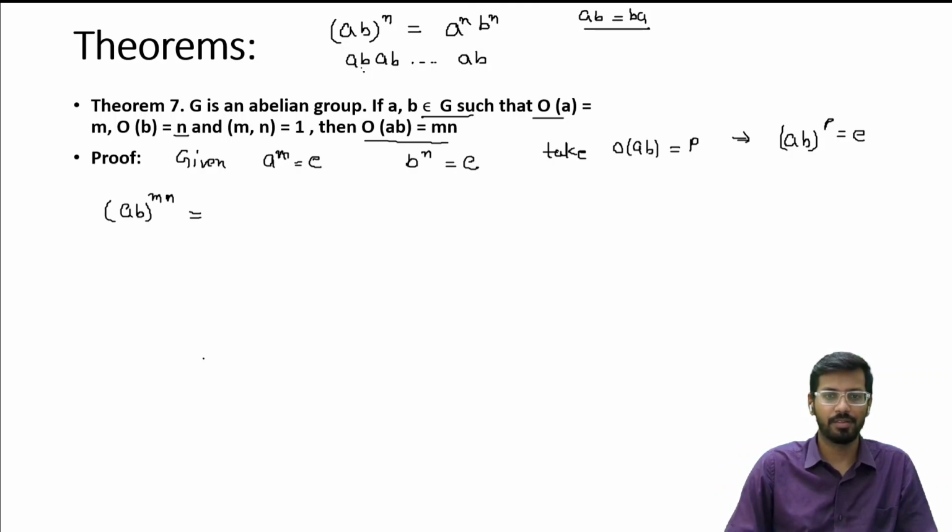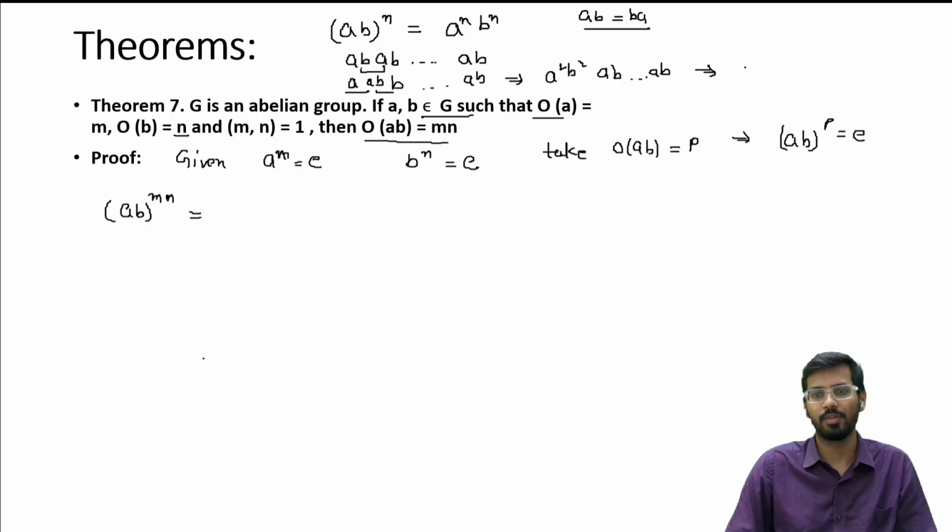So from this we can write ba is equal to ab. So ab, ab, and so on, or we can write a squared b squared, and from this a squared b squared ab, and so on. So if we operate n times, we get a^n b^n. Okay, so using this property we can write here that